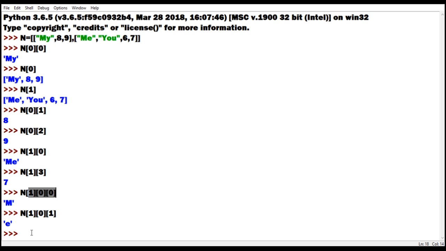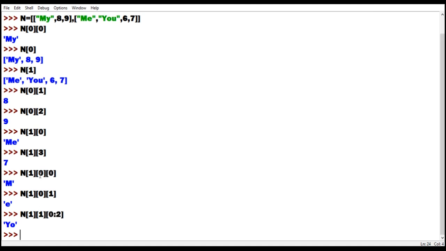Again, you can use slicing also in this. Here we have the example of slicing also. First row, first column. So we are having U. This is zeroth row, this is first row. So first row, zeroth column, this is first row, first column. So first row, first column is giving U. So this much, which I have highlighted in front of you, if you write, you will get U.